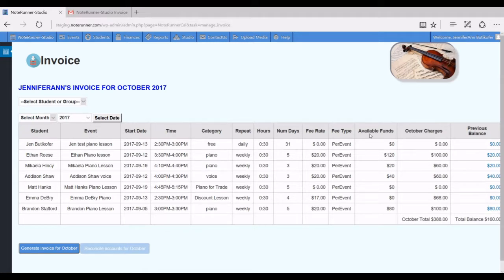The available funds column is referring to the student's bank. It's not an official bank, but it's your NoteRunner-Studio bank, where you track the funds that the student has given you. So if a student gives you a check, you would enter it into their bank. You can access that bank